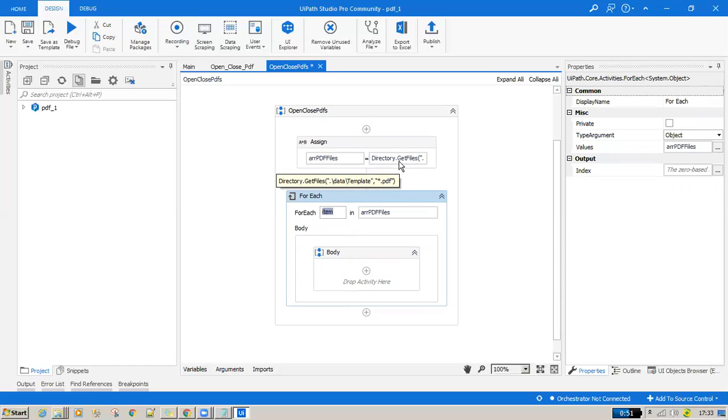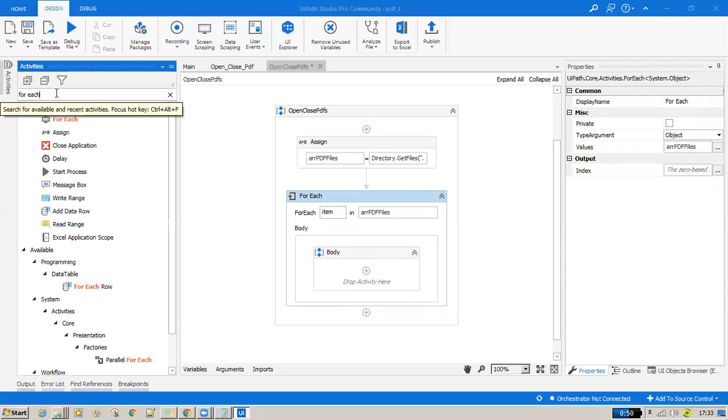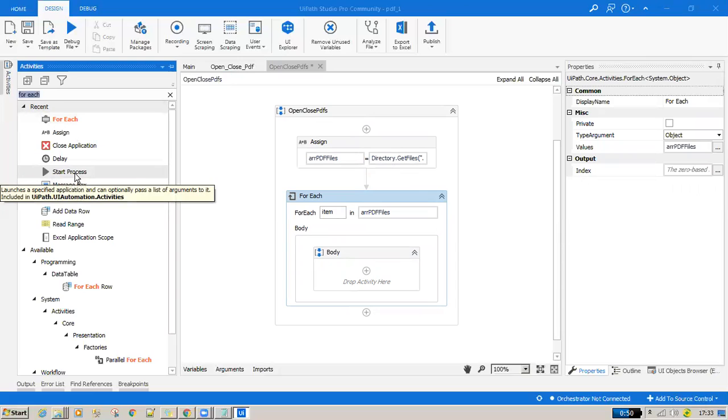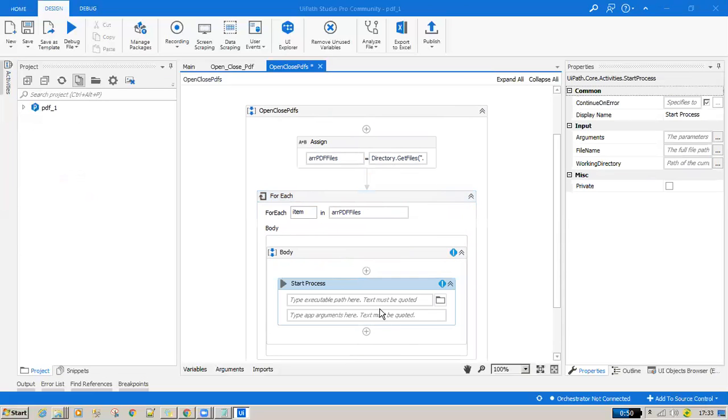Each PDF is an individual PDF, and that is referred to as an item. In order to open the PDF, I am taking Start Process inside the loop. You don't have to provide the full file name for the executable, since item is holding this information. So I'm saying item.ToString.